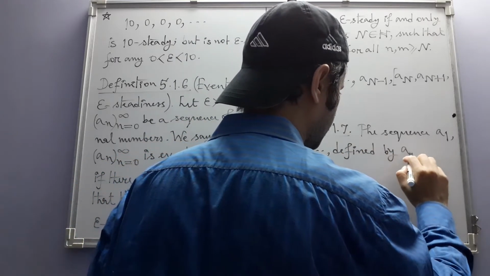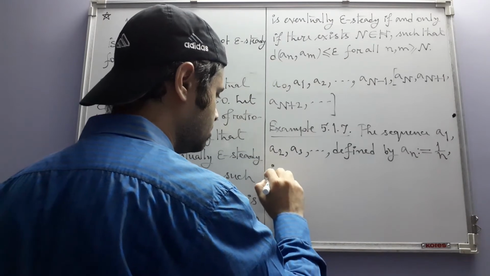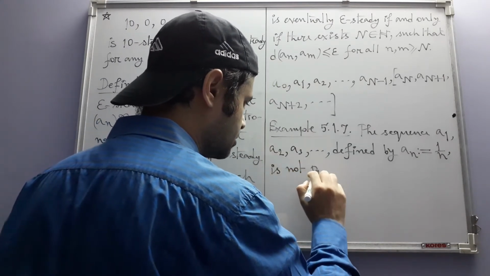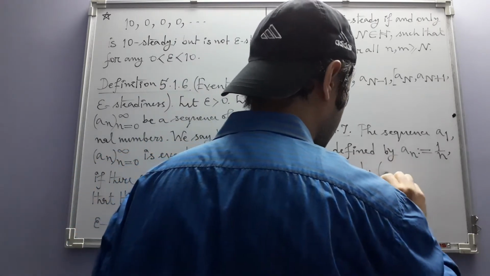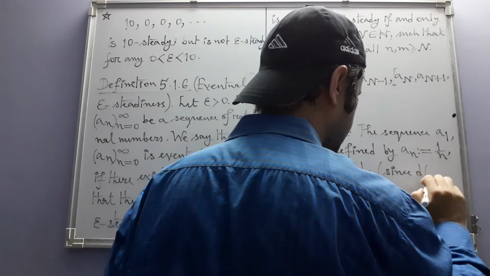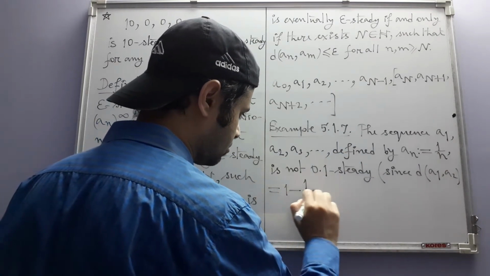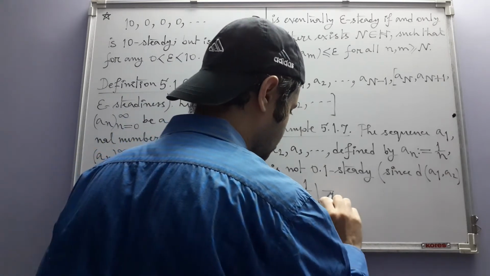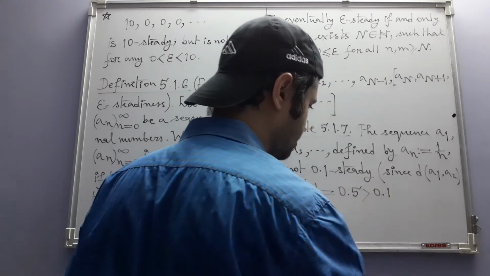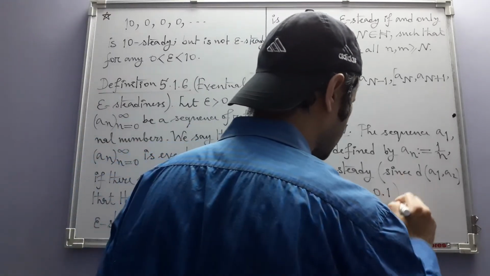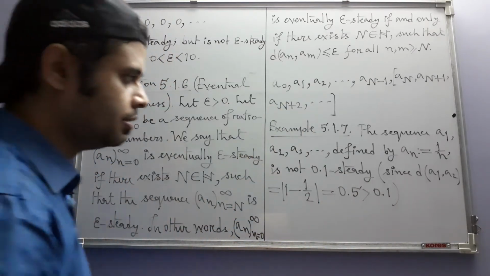The sequence defined by this formula, a_n equal to 1 by n, is not 0.1 steady, since the distance between the first two terms is this, which is equal to 0.5, and this is not less than 0.1, this is greater than 0.1, it's not even equal to 0.1. So because of this inequality, the whole sequence fails to be 0.1 steady, but